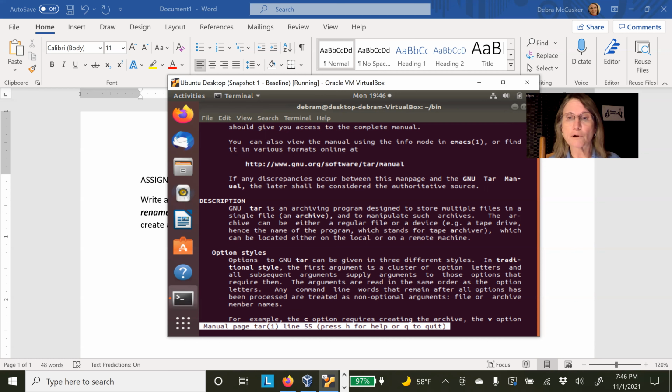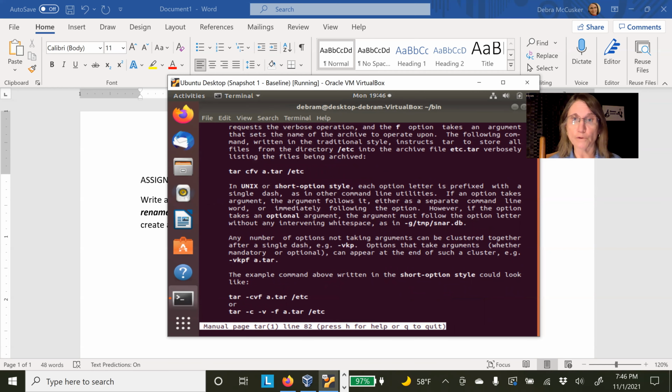GNU tar is an archiving program designed to store multiple files in a single archive. We go down a little bit further and you see at the very last line, for example, the C option is creating the archive. V is verbose. And the F option takes an argument that sets the name of the archive to operate upon. Okay, now it's all starting to come back to me. C to create,